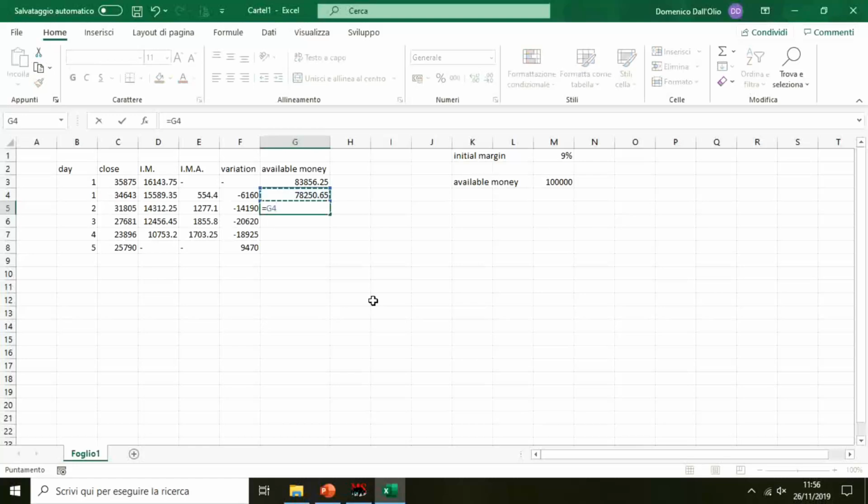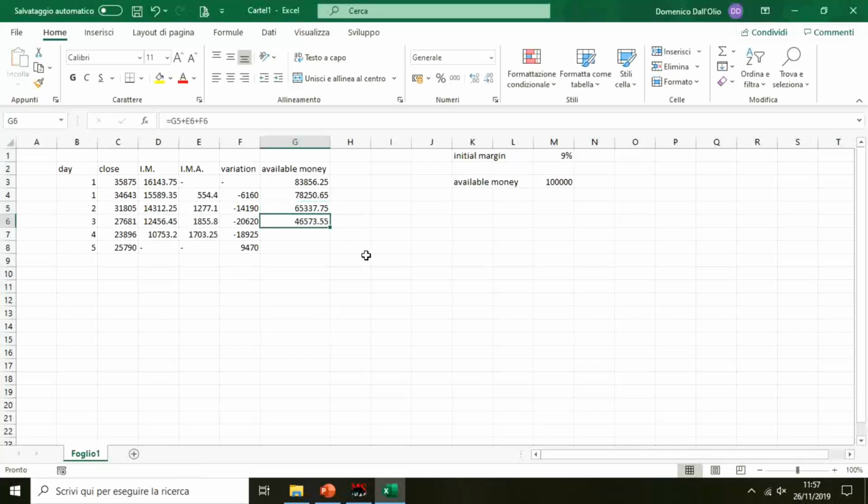passes and we have a new value of available money, 78,250 plus 1,277 minus 14,190. Another day passes, 46,573 available. Another day passes, 29,351. And in the end, what we get is the previous day's balance plus all the money restituted, because the